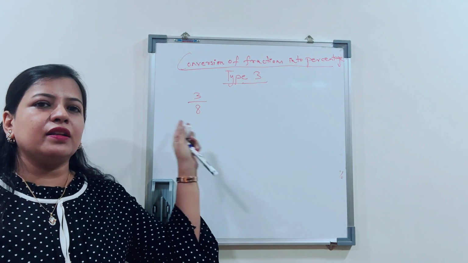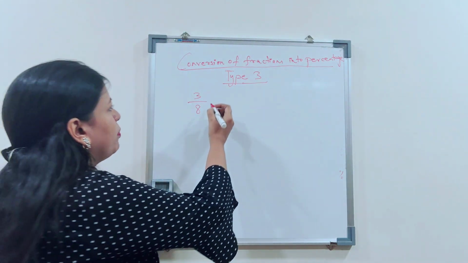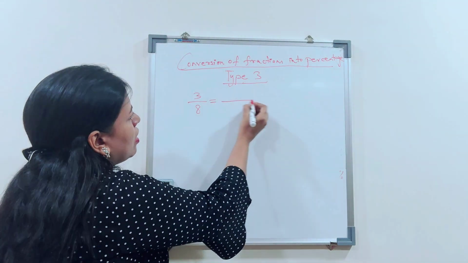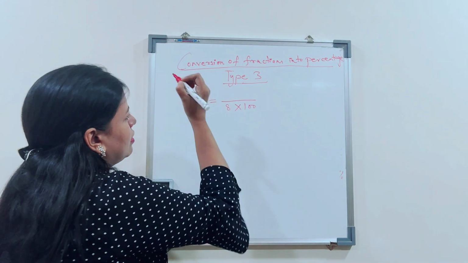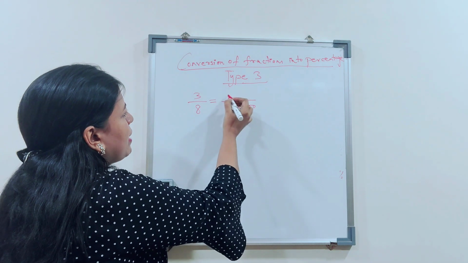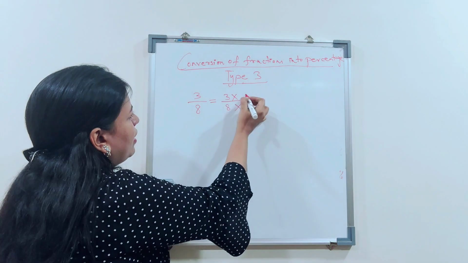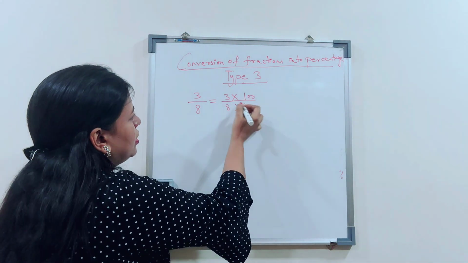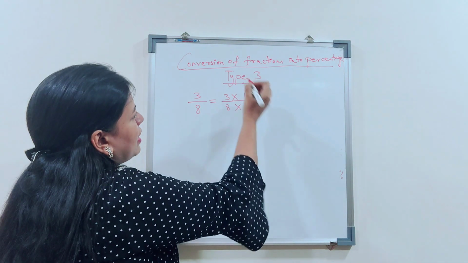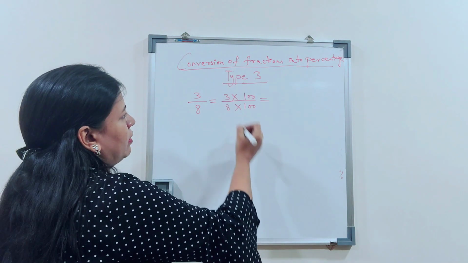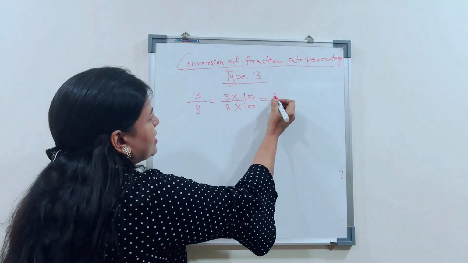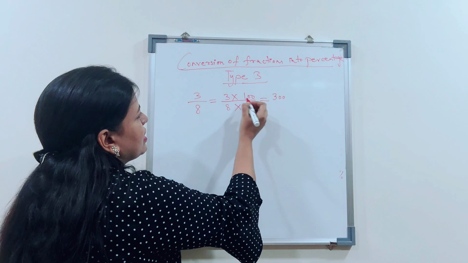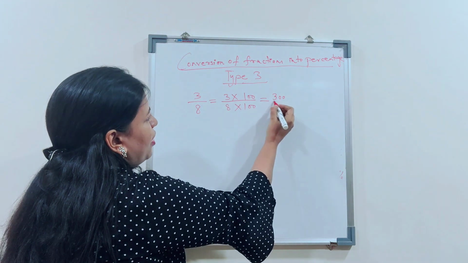But there's still another method to do this kind of problem. What we do is, we multiply the denominator with 100. And likewise, we have to multiply 100 with 3 in the numerator, because whatever we do in the denominator, same thing has to be done in the numerator. Now you see, 3 into 100, we write it as it is. Like 3 multiplied by 100 gives me what? 300.